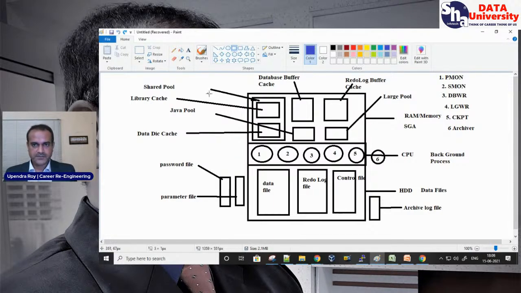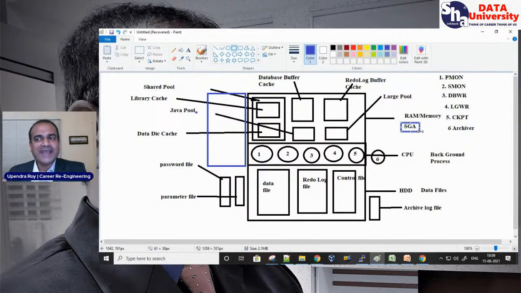One more time. What I did here, if you see, there are two parts, right? Number one, what we mentioned, is the memory part. Number two, we put the processing part. The memory part, what we have discussed, is basically the System Global Area, SGA. The CPU part, what we discussed, is the background process. Now, clubbing together SGA and background process, that means the RAM part and processor part, if we club together,